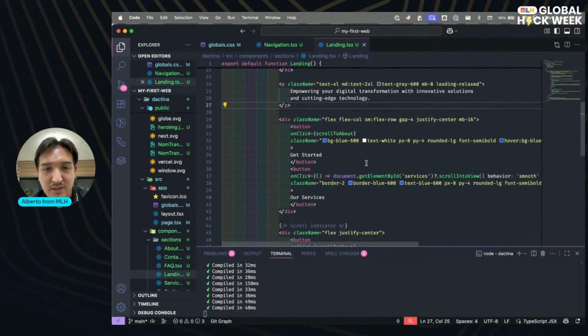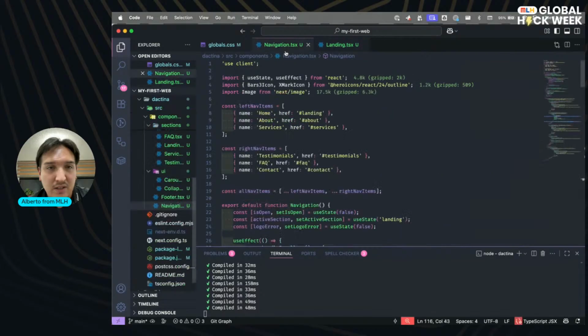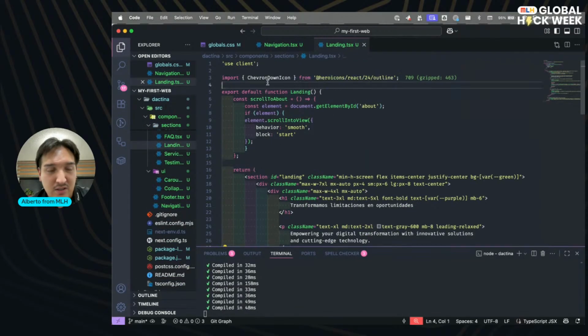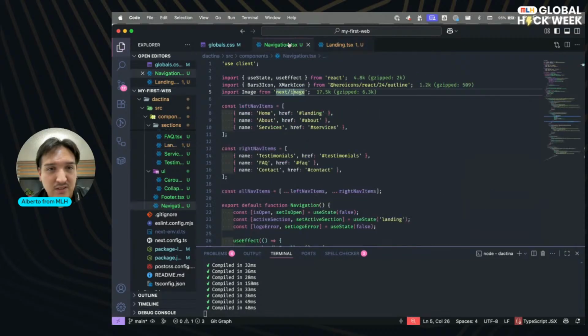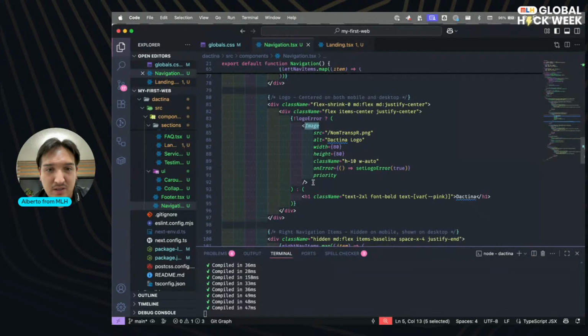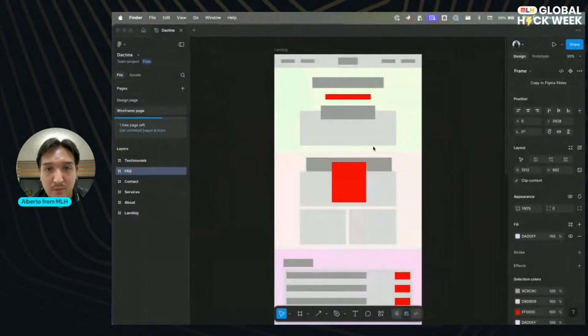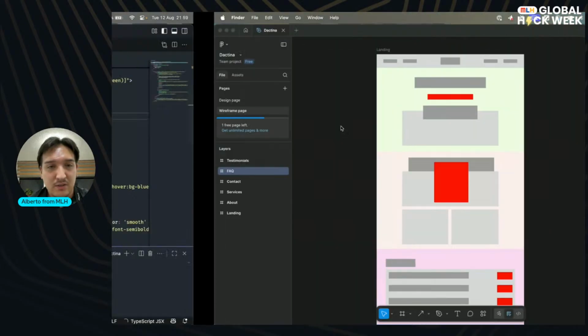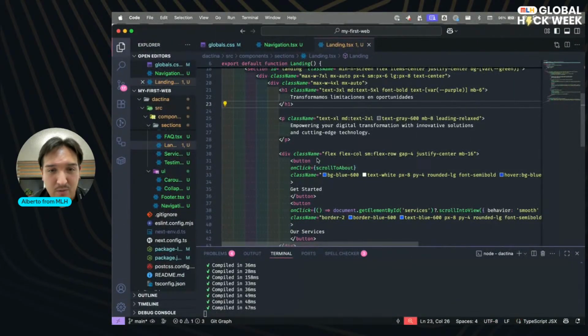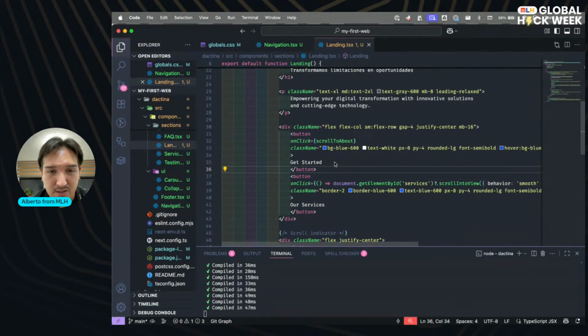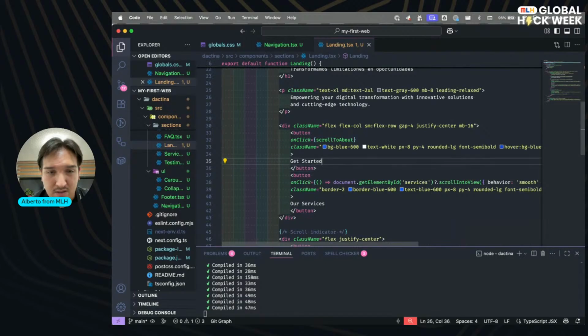Now, since we want the image, we need the same Next Image, and we use it the same. H1, then what we wanted, the hero, no, then the button. Okay, then I want a button.